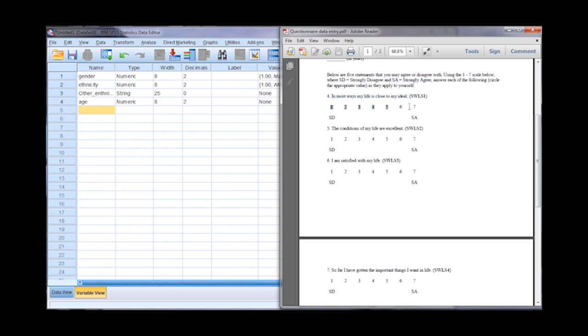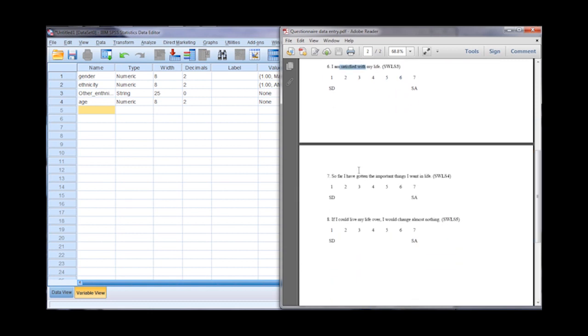And then a person will circle one of these values, indicating whether they tend to agree with the statement or tend to disagree with it. If someone very much agreed with the statement, then they'd circle 7, saying they strongly agreed. If they agreed somewhat, they'd probably circle a 5 or maybe a 6, and so on. Now notice we have 1, 2, 3, 4, 5 questions on this scale.